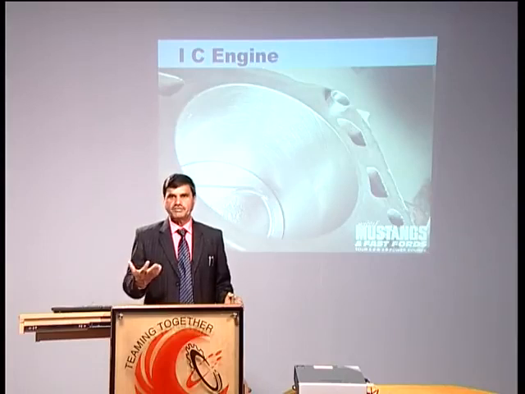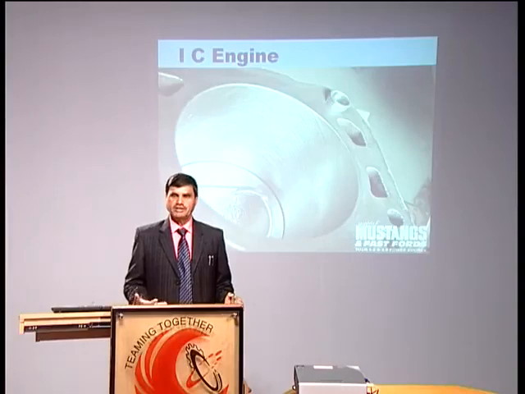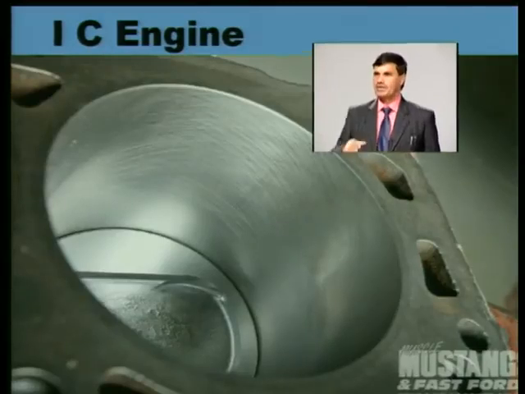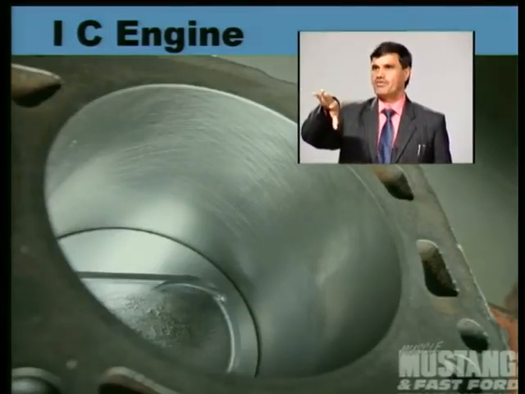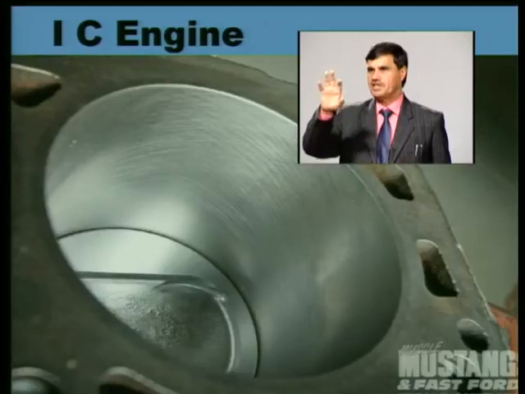The metallic components are either cast iron, or in some cases aluminum. Both cylinder and piston can be made of aluminum. The objective is that the weight of the cylinder and piston should be as small as possible, the strength should be quite high, and even at a higher temperature they should maintain their shape and strength. So, this is the combination of piston and cylinder which is utilized for the purpose of combustion. The combustion takes place inside this visible space.